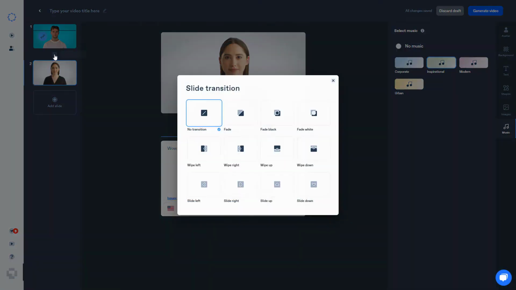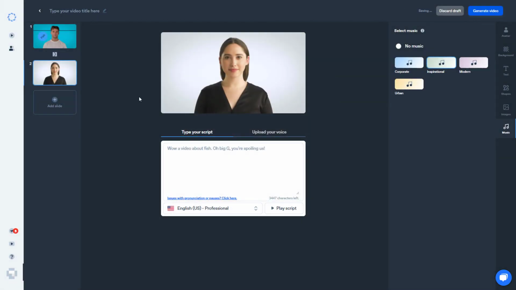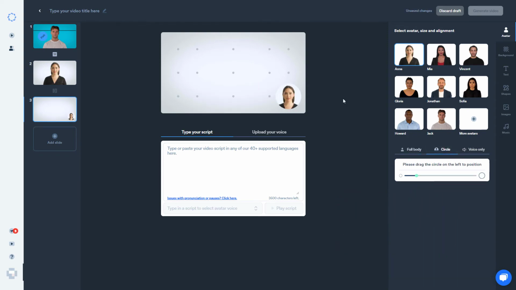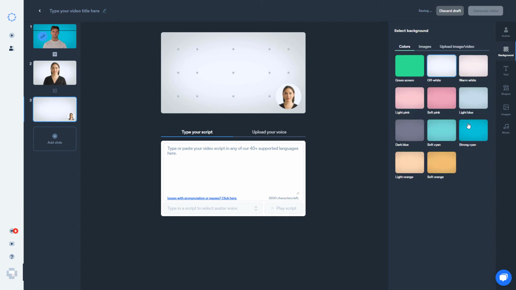Now here we can change the transition between slides. So we're just going to have a slide down. Now I want to end, but I'm not able to put in a standard YouTube ending or anything like that. And I also can't do a transition out. I can only transition between slides. That's quite interesting. So I'm going to add a slide, and I wonder if I can take the avatar away. No, I can't take the avatar away. Interesting. Let's stick it down there. Let's have that background.